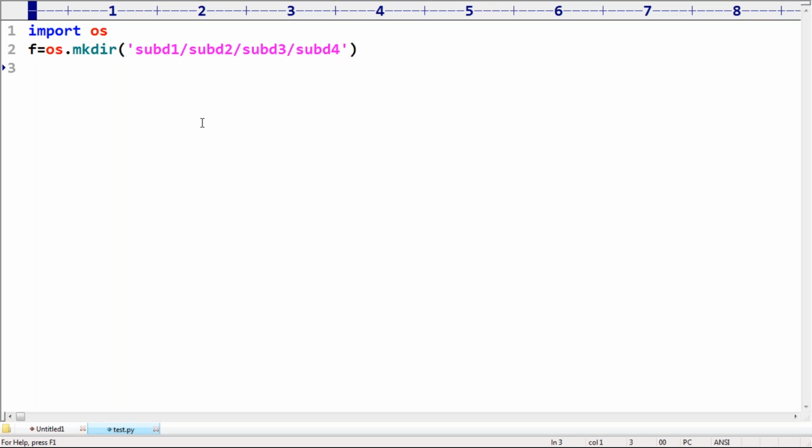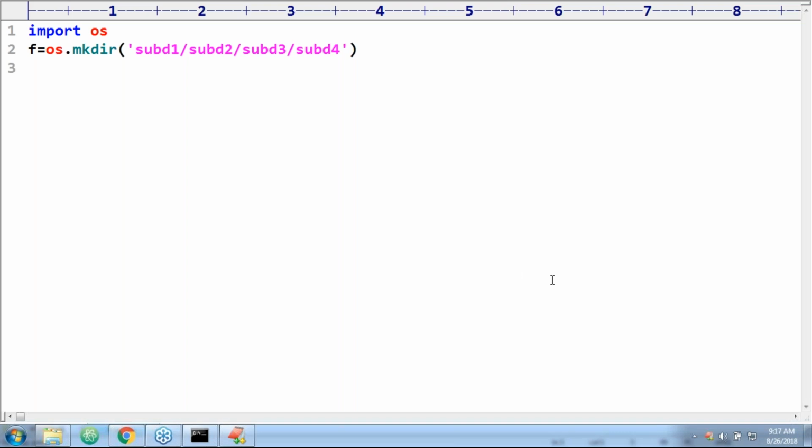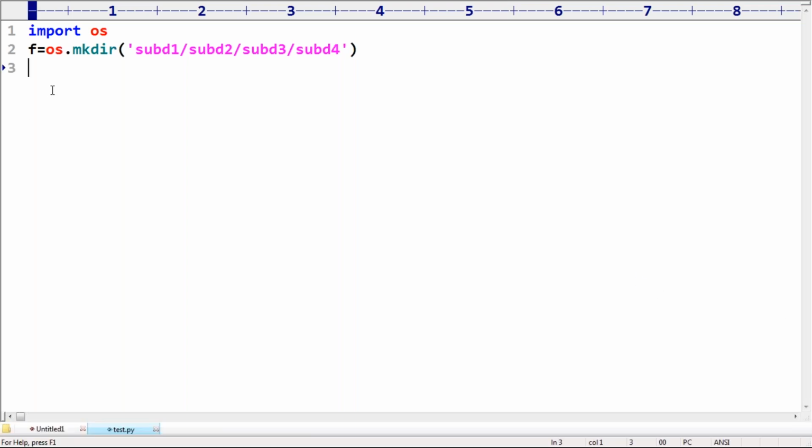Clear, right? Next, Neha is asking a bit interesting doubt. Observe that. Here you are telling inside sub 1, sub 2 will be created. Inside sub 2, sub 3 will be created. Inside sub 3, sub 4 will be created, right? But now my requirement is